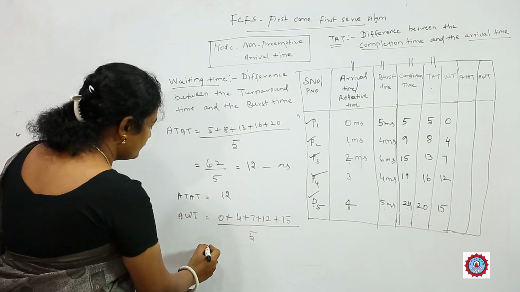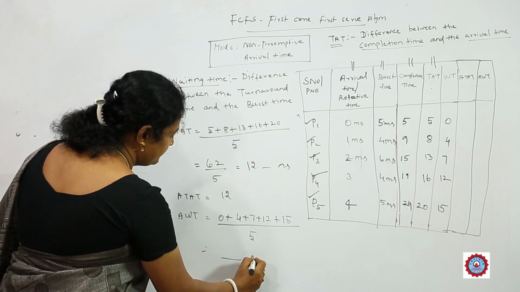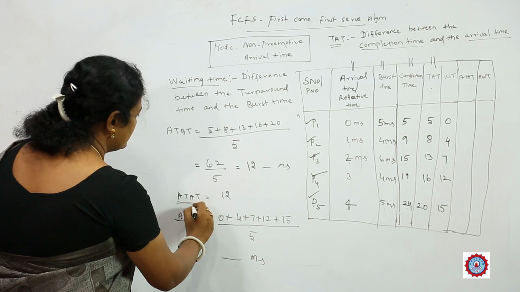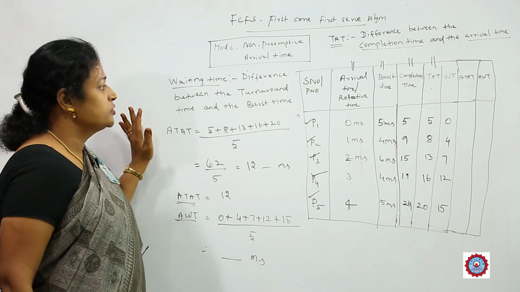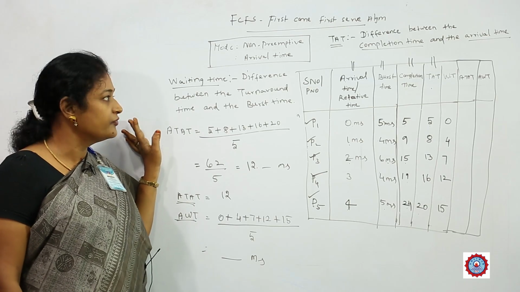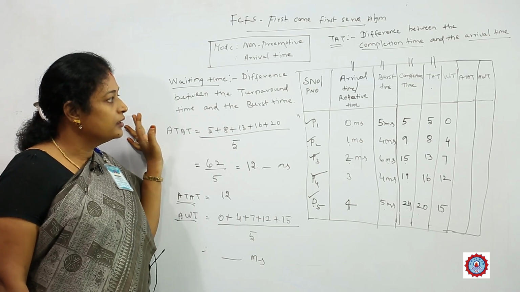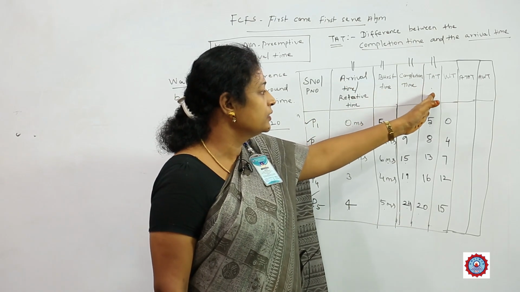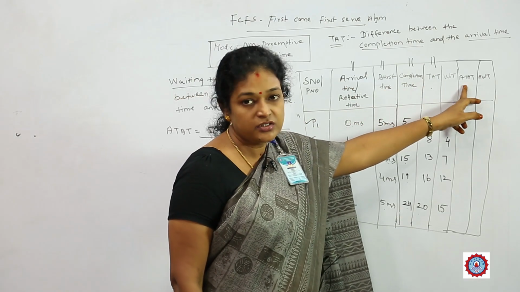On addition of these, this gives the average waiting time. So, this is the completion of FCFS on the calculation of completion time, turnaround time, waiting time, average turnaround time